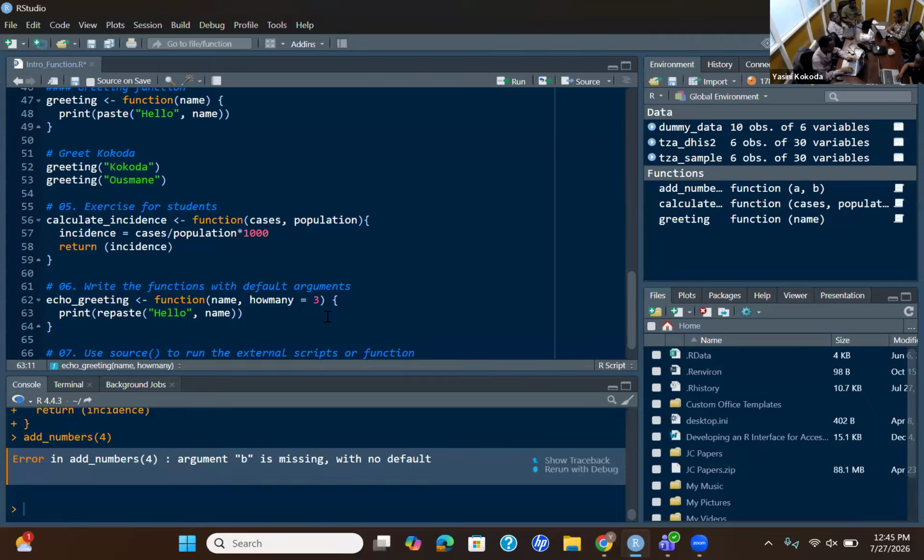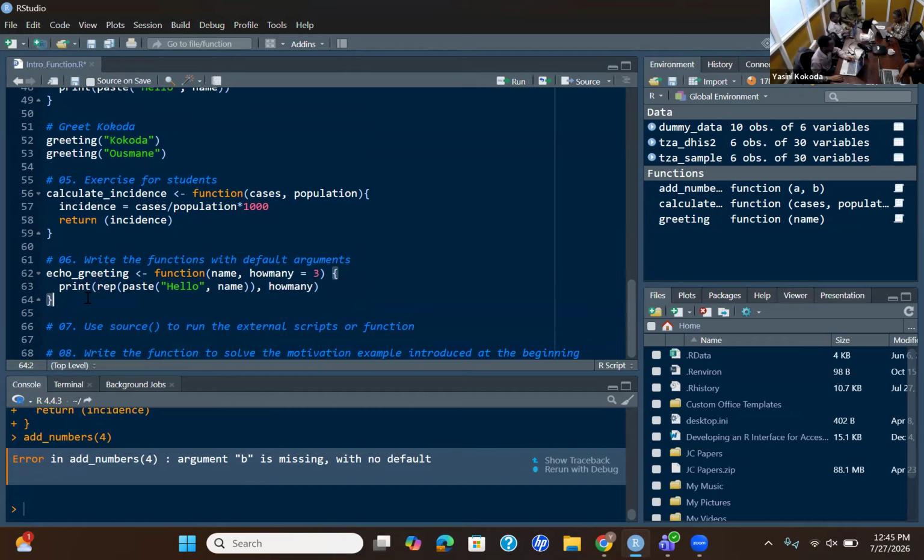In R, we use the rep function, and it takes what you want to repeat. Repeat, then how many times? So it is printing hello, your name, and then how many times it should echo this.